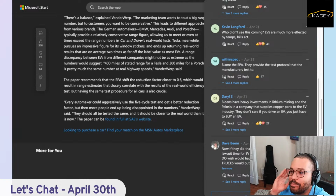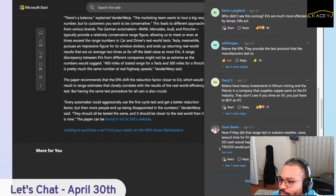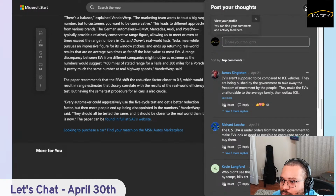Didn't see this coming. EVs are much more affected by temps, hills, etc. Again, not really. It's just that with the larger number, the same percentage looks worse. Blame the EPA. They provide the test protocol the manufacturers test to. Exactly. And then more political stuff. Now, if they do that range test in sub-zero weather, not necessarily, because fossil cars do worse in